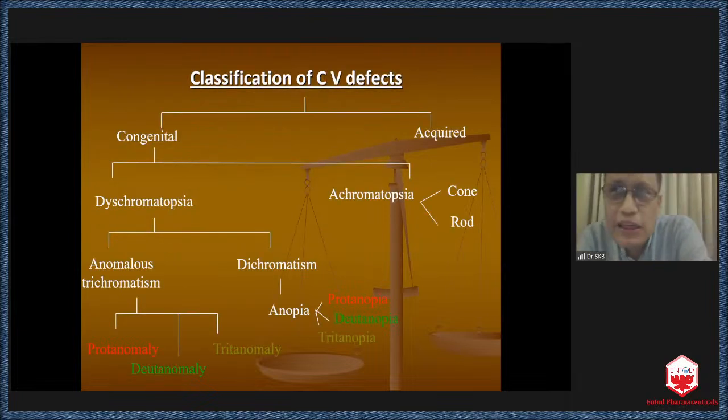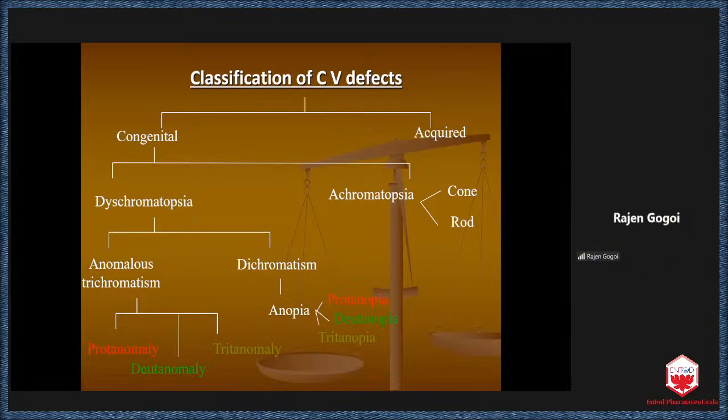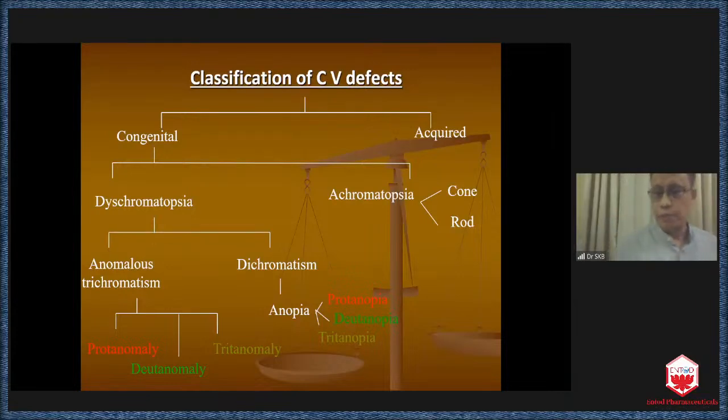Basically, what happens in color blindness: there are three types of cone pigments, protan, deutan and tritan. When there is partial abnormality of a pigment, it causes anomalous trichromatism, that is protanomaly, deuteranomaly, tritanomaly, depending upon the red, green and blue pigment involvement. If there is complete absence of a pigment, it can cause anopia or dichromatism, which may be protanopia, deuteranopia or tritanopia. Complete absence of pigments can lead to achromatopsia, which may again be